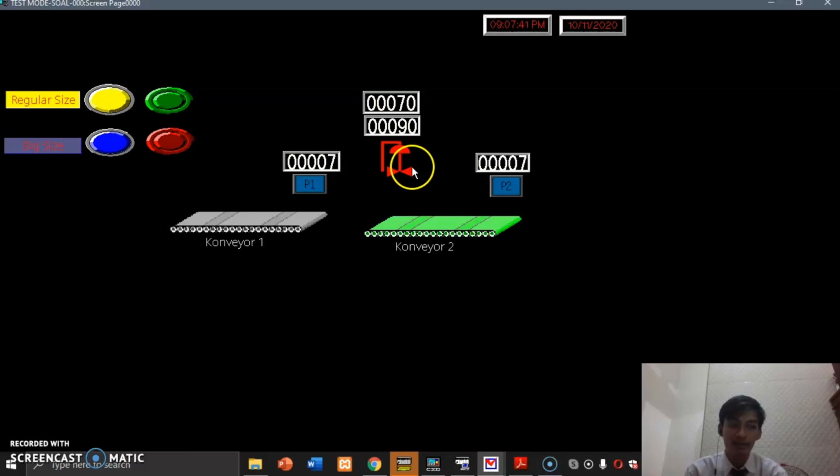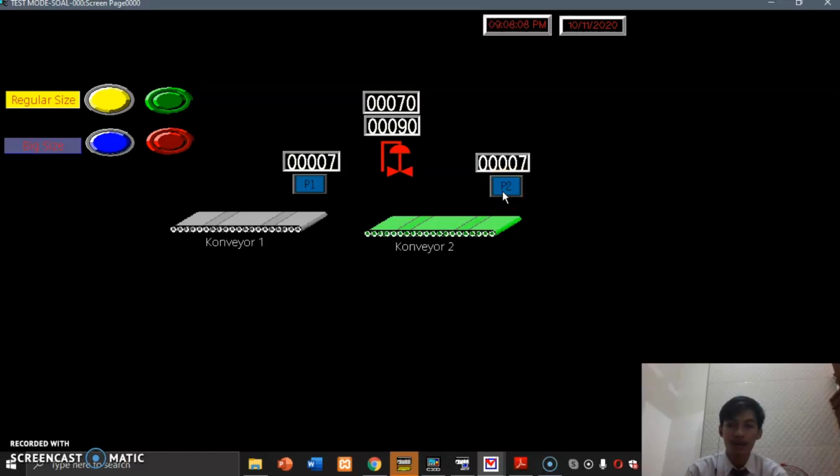After filling is complete, the bottles will run on conveyor 2. After that, proximity 2 will detect the bottles until 7 bottles. After that, the 2 conveyors will be active in the original condition as when the first start button was pressed.